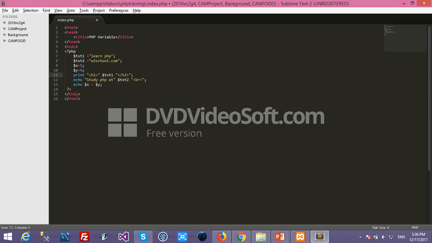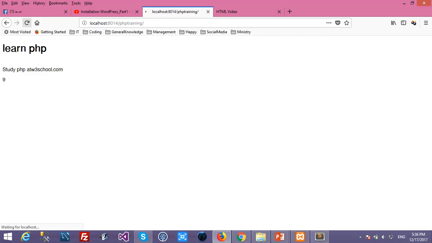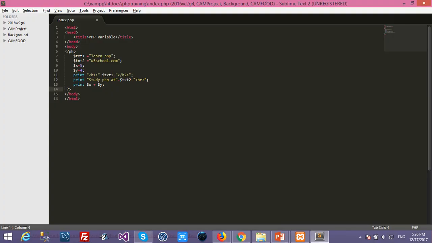Okay, so go to rerun. It's all the same, right? But when we have a lot of data, print may be slower than echo, right? Because with a little data, it's all the same. But make sure that you notice the keyword print. We can use it like echo also, right? Print, echo. But print may be slower than echo, because echo doesn't return a value, but